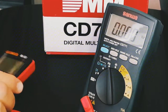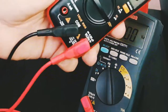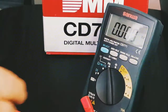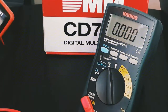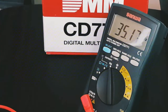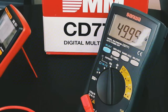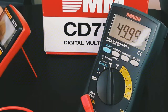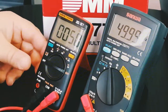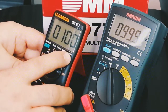Now, since I got the Aneng out, I decided to do the frequency test. The Aneng has a little frequency generator, so I put the Sanwa to the frequency range, and we'll see how it fares. So right now, let's see what we've got here. Oh, I think we have a little bit of static. Let me just take off the other probes. Okay, so right now we're on the 50 hertz range on the Aneng, and the Sanwa is pretty well right on 49.99. Let's take it up to 100, 99.9,